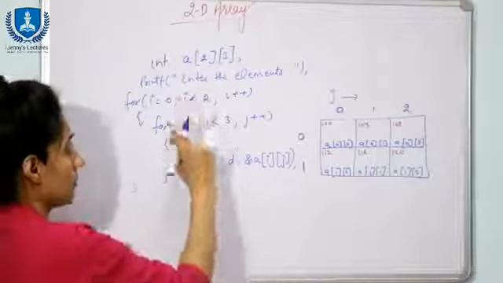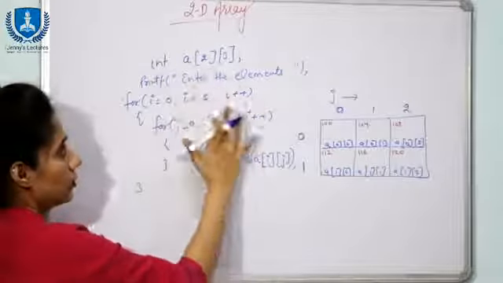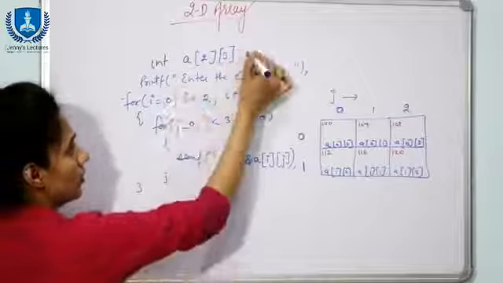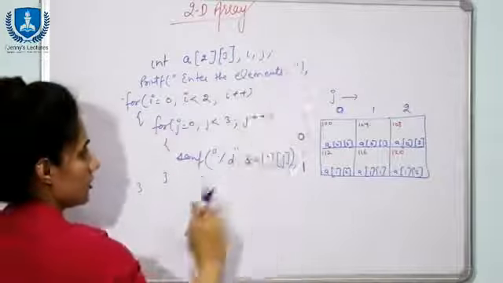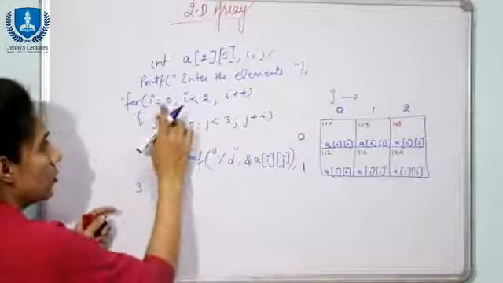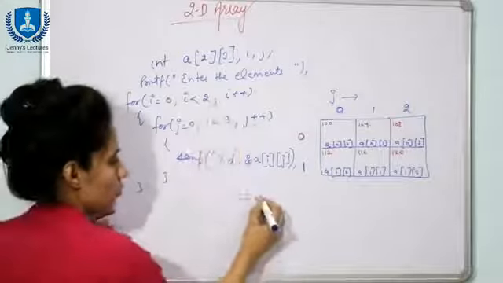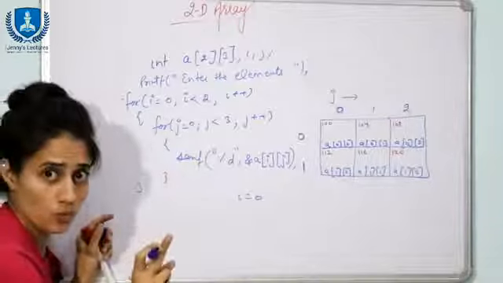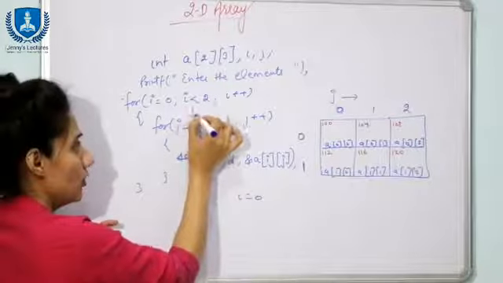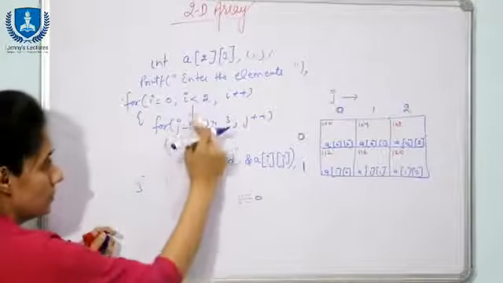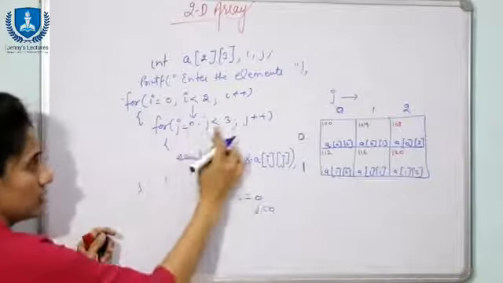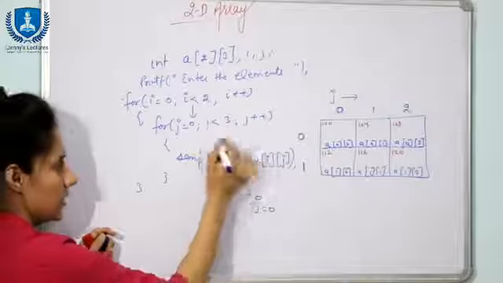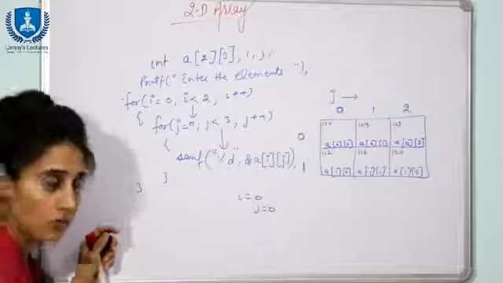Now see, when you execute this program, obviously you are going to declare both variables i and j. Now "enter the elements" should be printed. After that, i is equal to 0, 0 is less than 2, the condition is true, then control will go within this for loop. Now j is equal to 0, another for loop is there, j is less than 3, yes, again enter in this for loop.